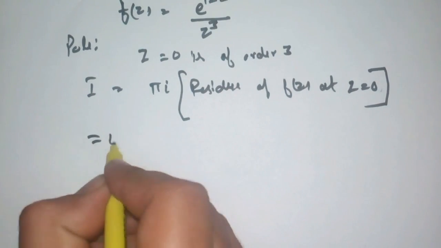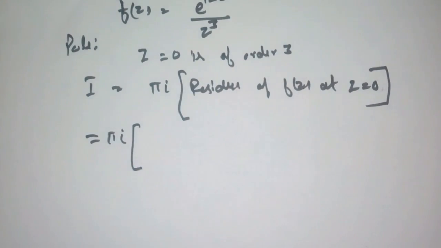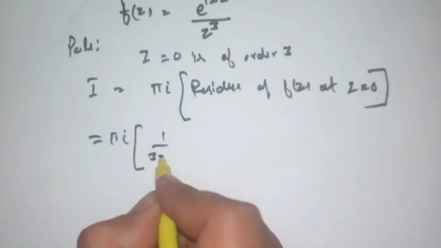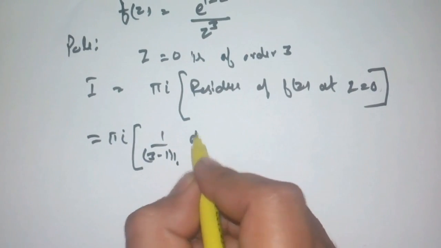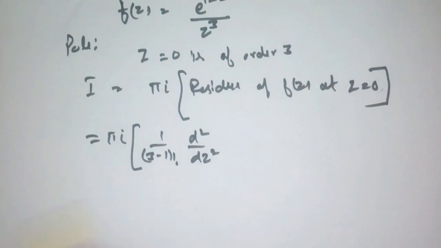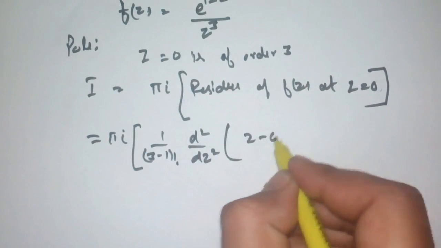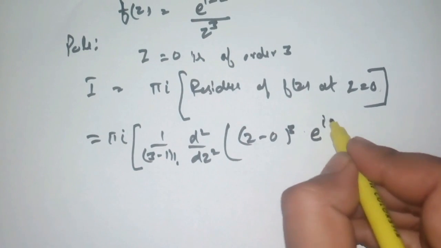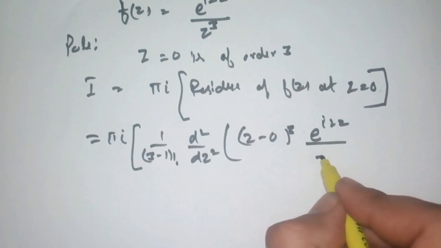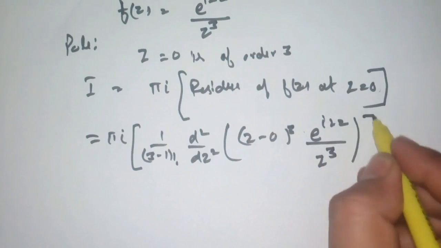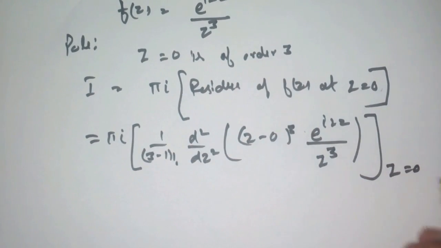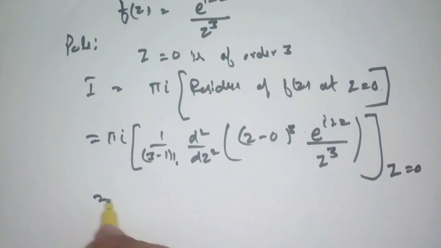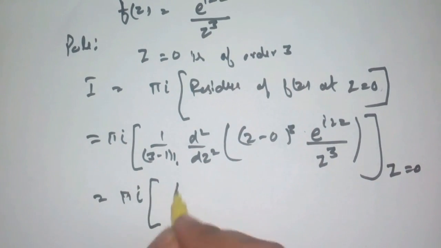Now it can be solved as pi iota times 1 upon (3 minus 1) factorial, the double derivative of (z minus 0) cube exponential iota 2z upon z cube at z equal to 0, and it will become pi iota times 1 upon